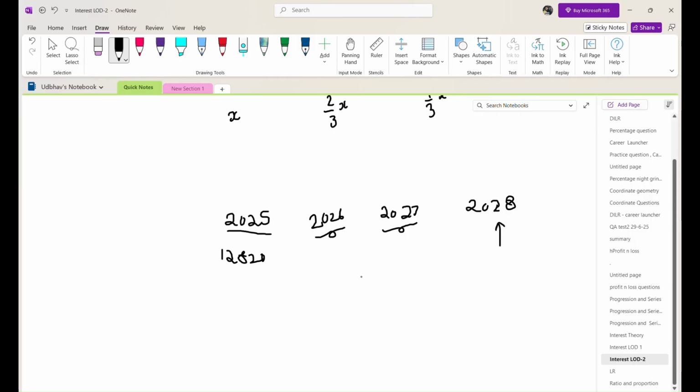But there is one more condition. What if I started paying the money back from here only? What will happen? Let's say I paid back an amount A here and gave it to the bank in 2026. By the time it reaches 2028, when the bank will actually ask me for the money, when I'm actually required to pay the money, there will be